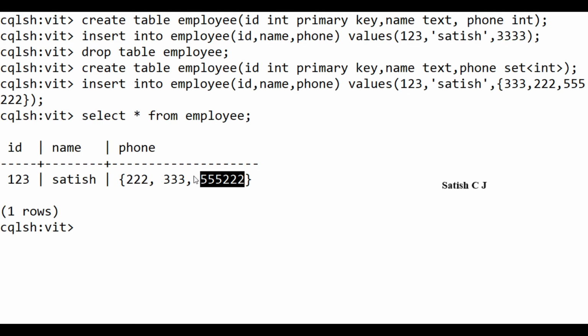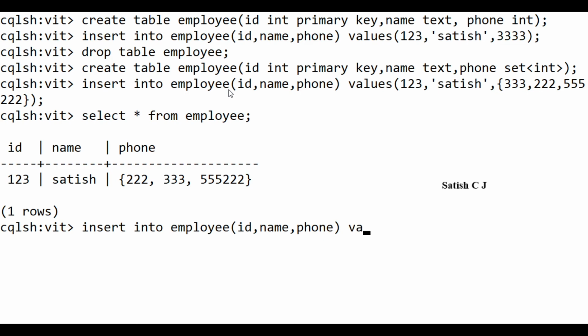Okay, let me add another phone number to this, or let me create another employee record. Say insert into employee. Let's take this scenario. Say I'm going to insert ID, name, and phone number values. And say I'm inserting a record for 124. Name is Ram. And now for Ram, we'll have a set of phone numbers.